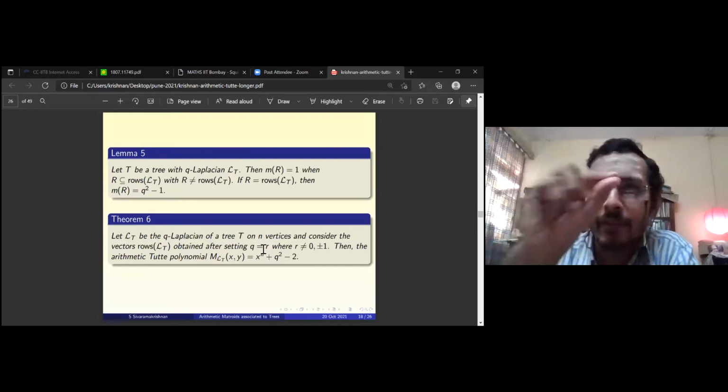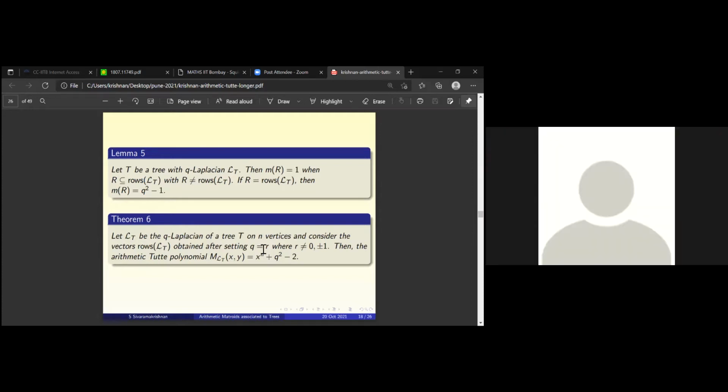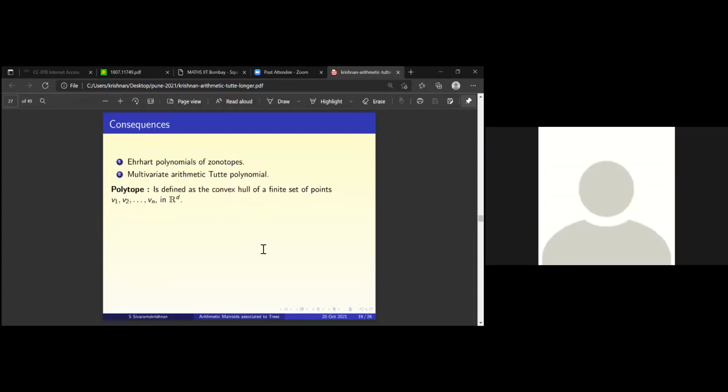So that multiplicative factor is there. That's the only thing that I call as saying up to scalar. So I can say up to a multiplicative factor. That is fine. Correct. That's correct. All right. So what is the consequence?